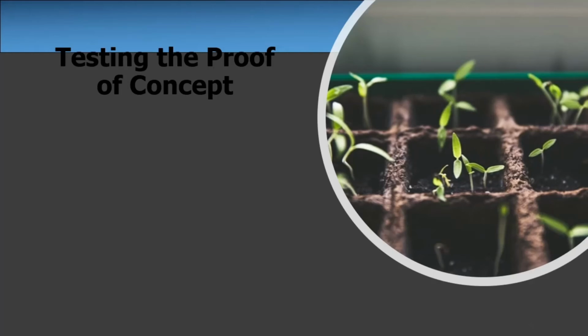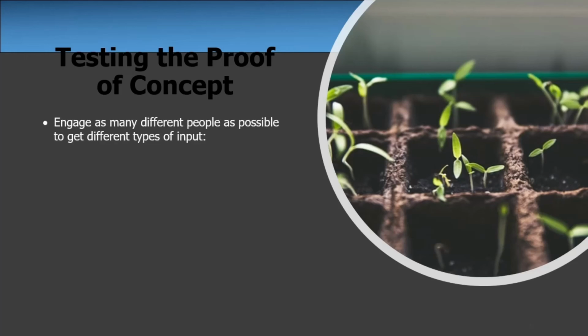So you need to test your idea with people and put it in front of them and see how they react. So first of all, you have to engage as many different people as possible, so you get all different types of input. And you need to think about how you're going to capture those reactions. So it could be a focus group where you have people discussing and then you listen to their conversations, or it could be more structured, so you could use questionnaires to find out what they thought about different aspects of it. But the idea is that you ask as many different types of people.